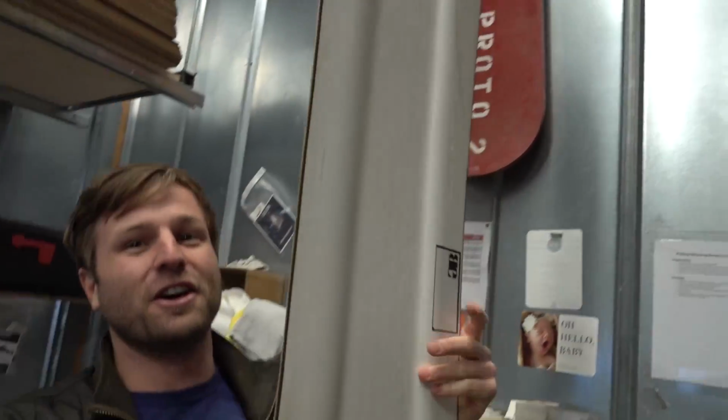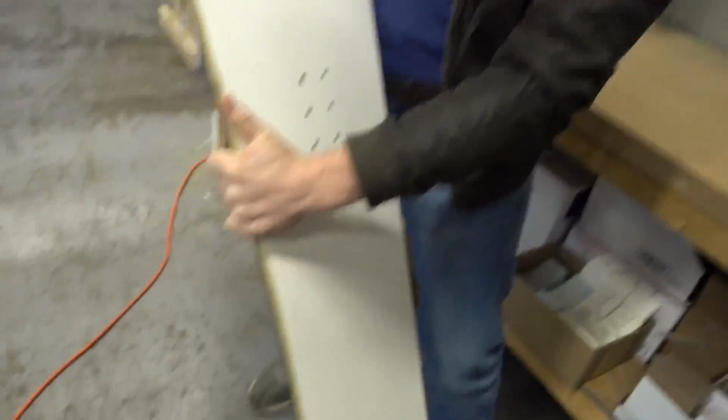I don't know if you can appreciate how heavy this thing is. Yeah. But it's the same exact base concept. This was a total failure. Oh, really? Way too much material here. And if you look at this, just imagine trying to...